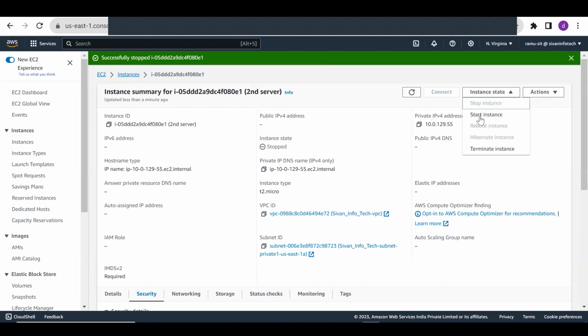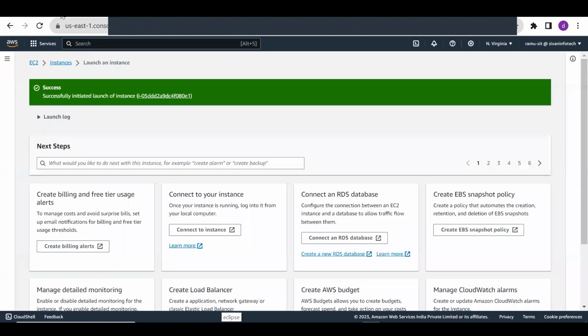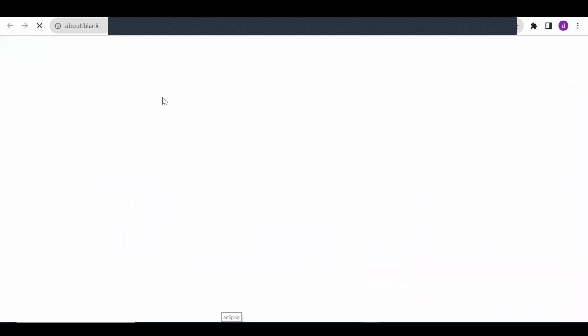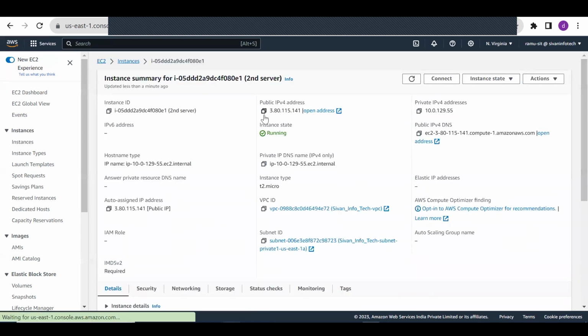I'm going to start it now. The mount point will still be there in the server, right? Okay. We'll check that. Okay, server is running. The public IP got changed.